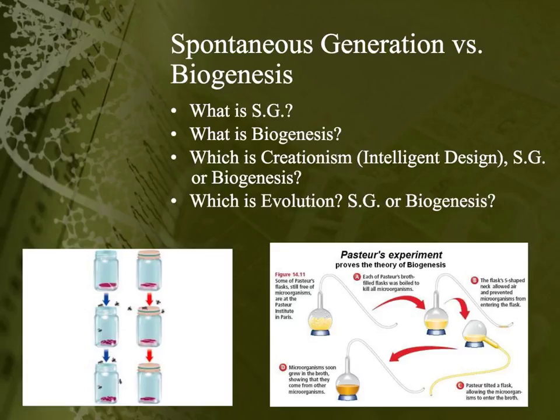And if you remember the experiments with the meat that was put in an open container. You'll see this on the lower left-hand corner of the screen. The meat was put in an open container, and flies landed on it and laid eggs, and then maggots came around. And then you put a cover on the one set of meat, and the flies would come around and lay the eggs on top of what was called cheesecloth, so that way the flies could still smell everything but couldn't actually land on the meat. And so you ended up with maggots on top of the container, but not actually from the meat, so the meat didn't turn into living things.